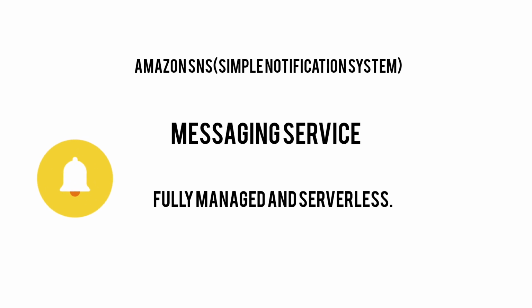It doesn't require a server. And let us explain it with an example e-commerce app. When a customer places an order, your system publishes a message to an SNS topic called order notifications. Subscribers to this topic could be: the customer gets an email confirmation, or the warehouse team gets an SMS alert, or another app through Lambda updates the inventory stock automatically. So SNS, that is a simple notification system, ensures that everyone gets notified instantly without your app sending each message